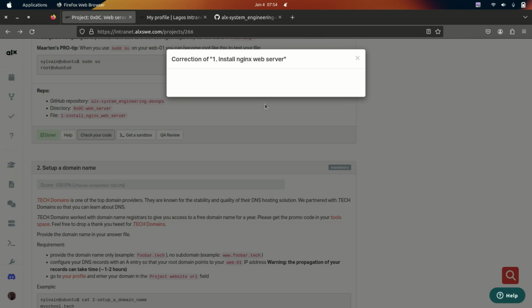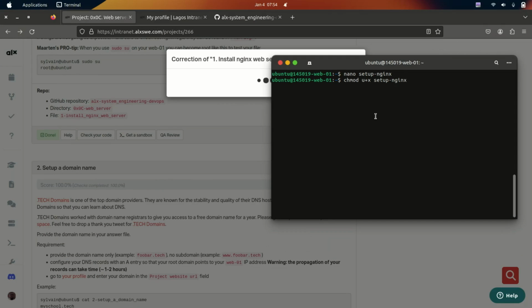So this is taking forever. Let's just go ahead and run our script. Now chmod +x, so we'll make it executable, then run the install script. So setup nginx. Now this would install nginx and set it up properly so we can access our web server